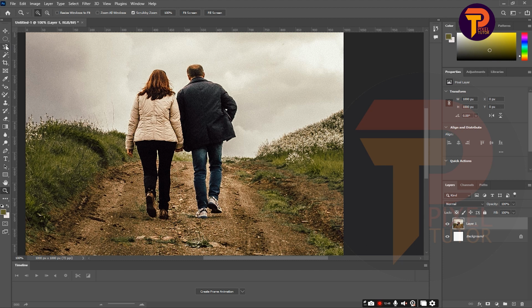After that we have a tool, the magic wand tool. The magic wand tool will select automatically the whole pixels of the same color in an image. So we will continue this,